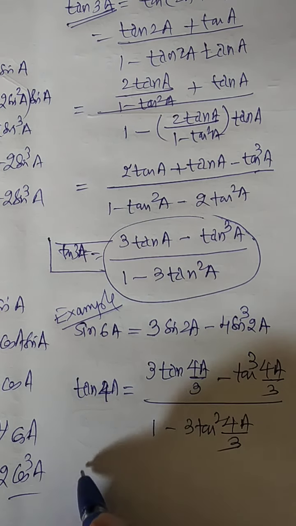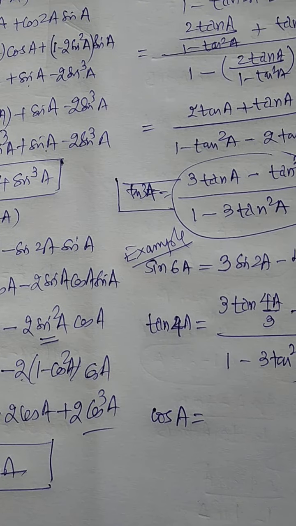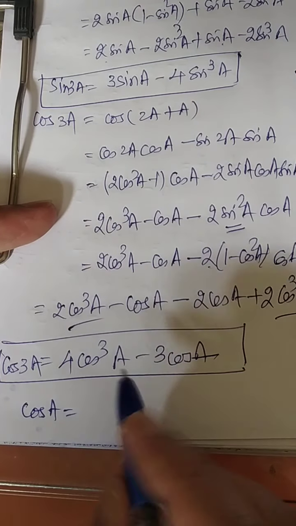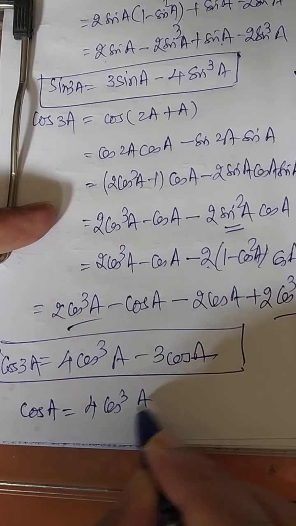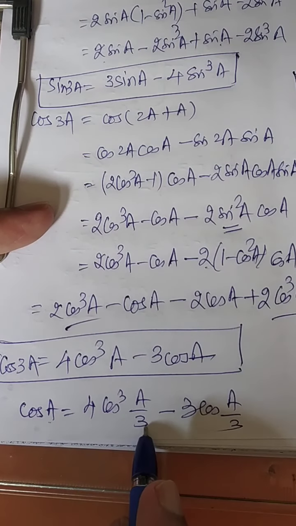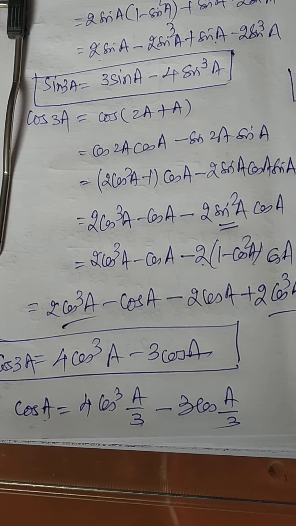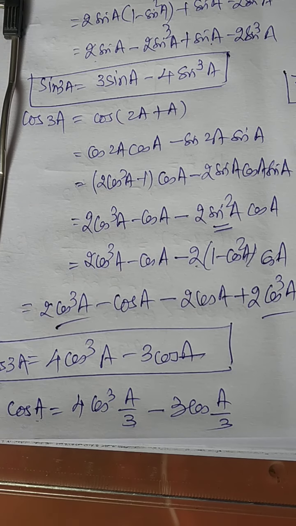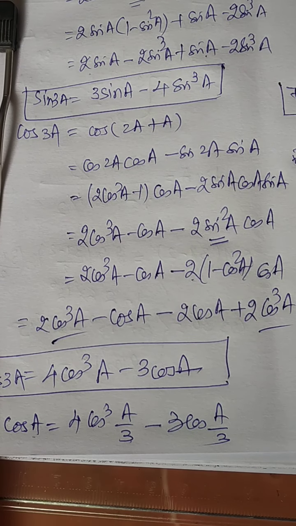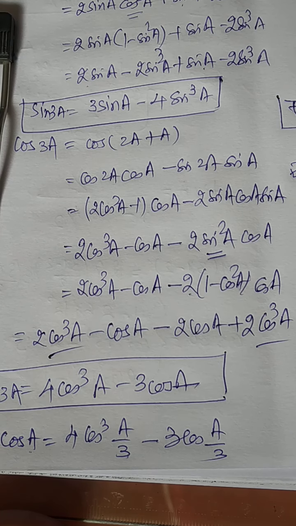Now I want to write cos a by using the formula for cos of 3a. So I am just going back here. Look here, cos a I want to write. Cos a will be equal to 4 cos cube a by 3 minus 3 cos of a by 3. That means this angle becomes one third, this angle becomes one third. Is it okay? So with this concept of application, that is the half angle formula and sin 3 theta, I am just concluding. Okay, next we will again start with the same remark and get a few more concepts. Thank you.